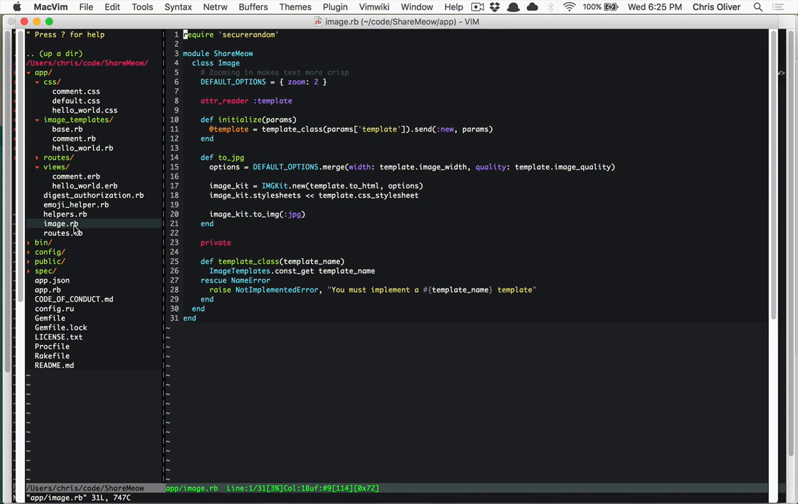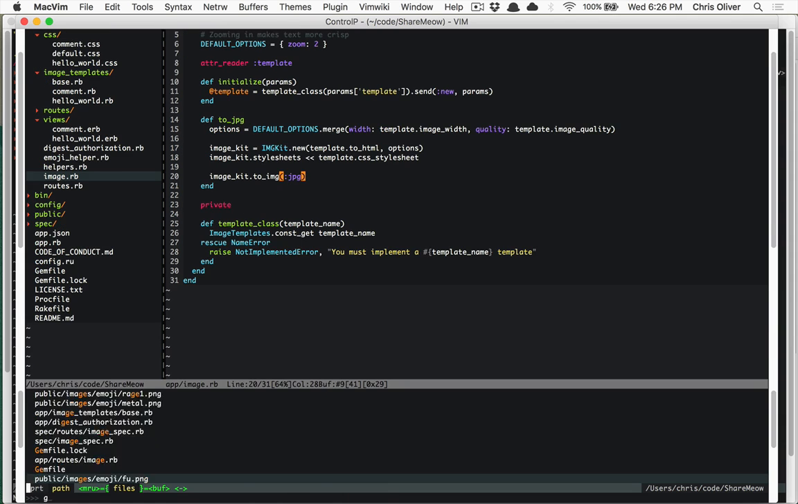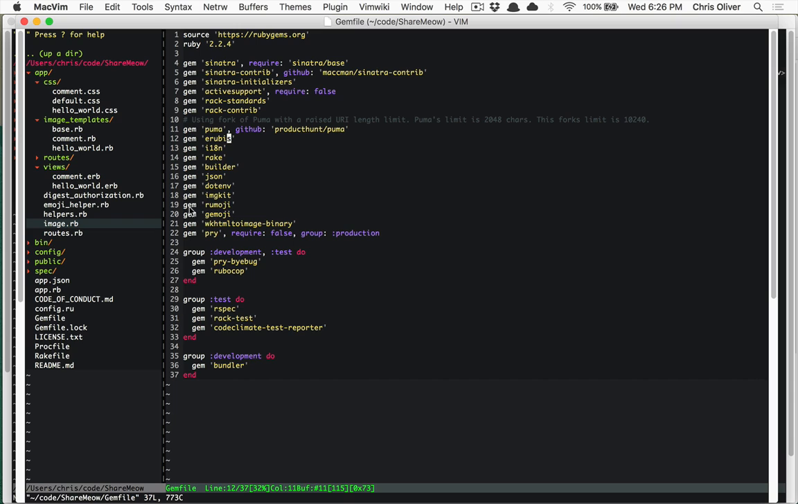And if you look at the rest of the code, it's really straightforward. The ShareMeow image that we were looking at before really just initializes the templates and then uses this Image Kit class in order to load up the style sheets and then render an image. So it takes some HTML and some options, and then renders it out. And that's it. If you're interested in looking at that more, you can check out the Image Kit gem,